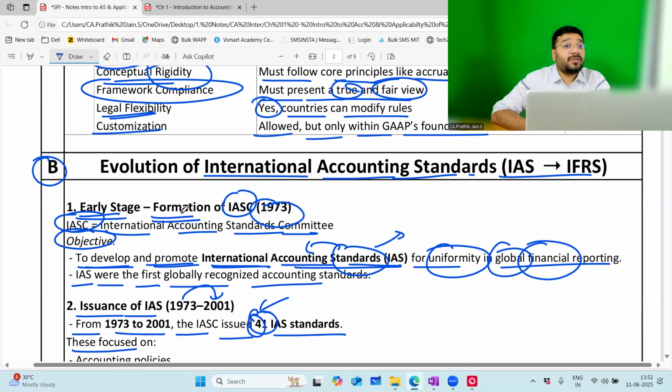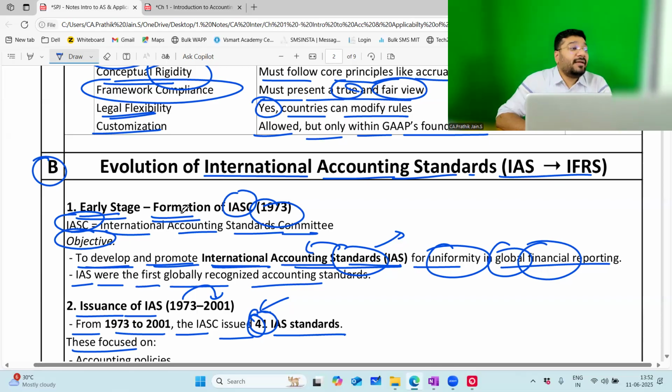We can't present the accounts the way we feel like. There should be a benchmark, a level, a standard in which you should be reporting the financial statements. So all the countries put together constituted a board